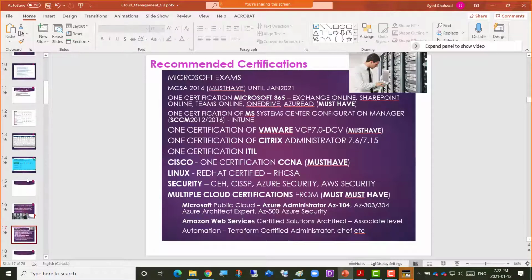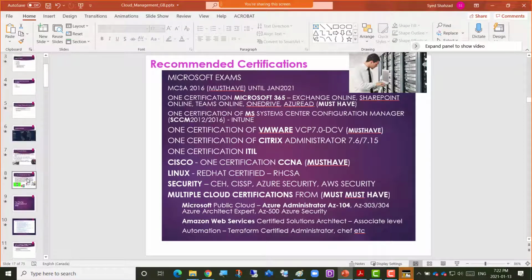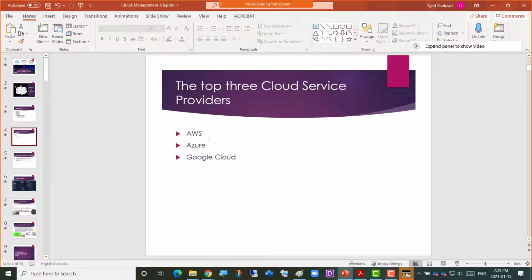Other than that, we're now going to talk about the different types of cloud, and a comparison of the big three in the market in terms of cloud service provider. There is AWS, there is Azure, there is Google Cloud. So we're going to talk about that, but